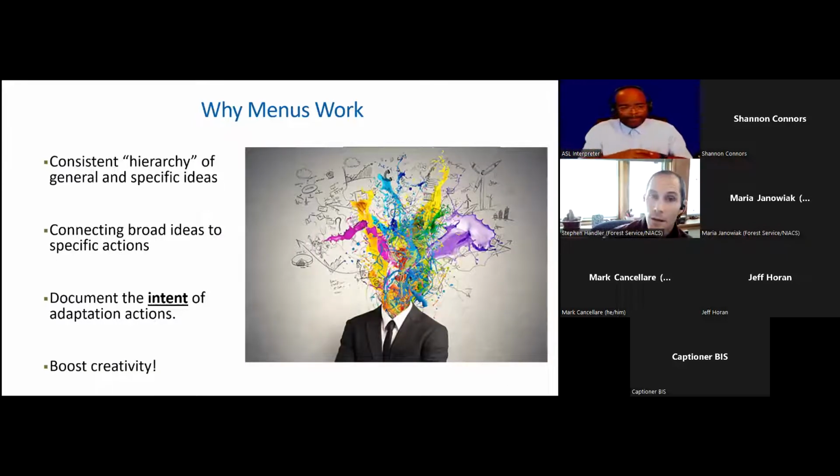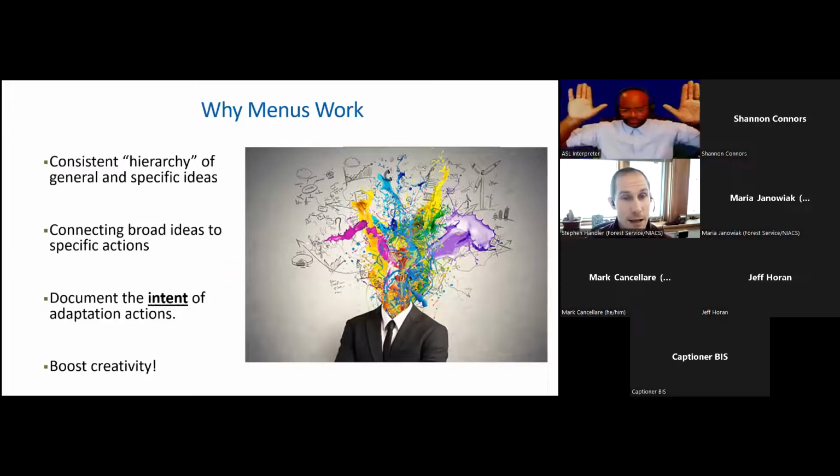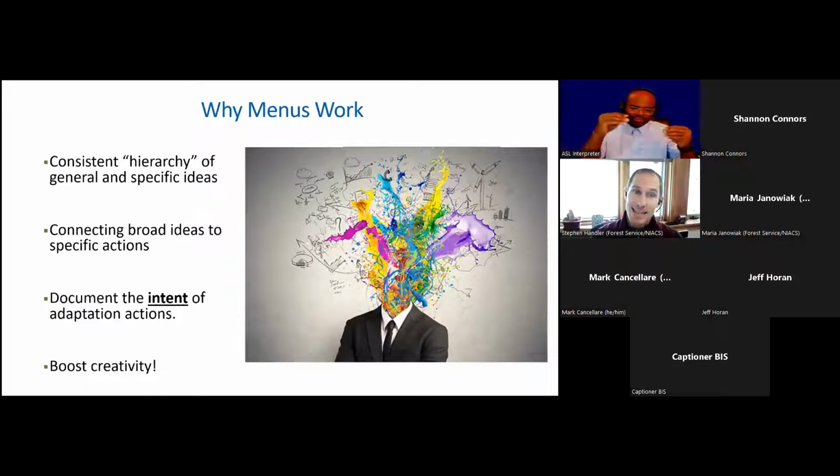And lastly, we found that our adaptation menus really help managers open their minds up and consider ideas that aren't normally in their normal toolbox, so to speak, to go back to the hardware store, right? These menus include a huge variety of adaptation ideas, including some mutually opposing ideas. So we're presenting you with, we think, kind of a wall-to-wall spectrum of different adaptation actions.